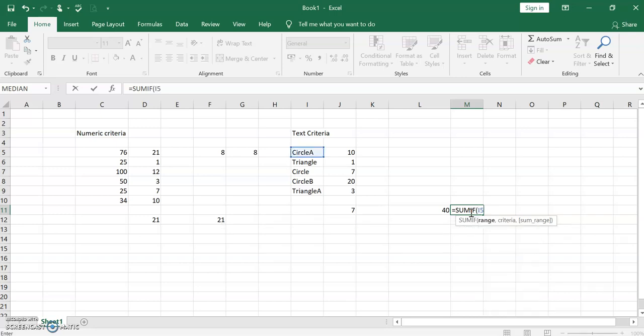So I5 and I9, so you have selected the range, and give the criteria circle, right? The criteria should be within the parenthesis. So give circle, and I'm just giving another character, a question mark.